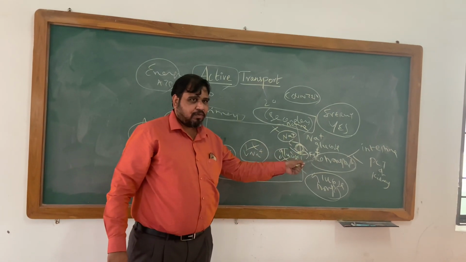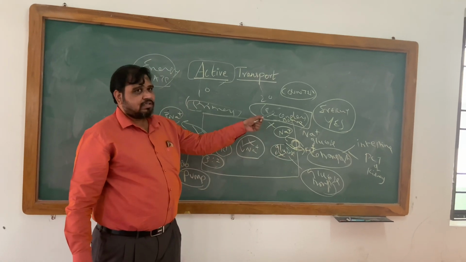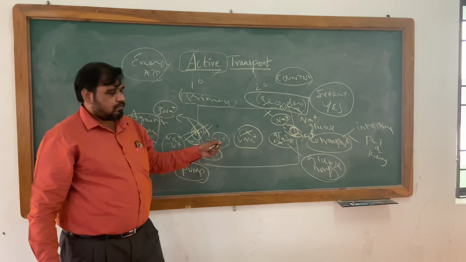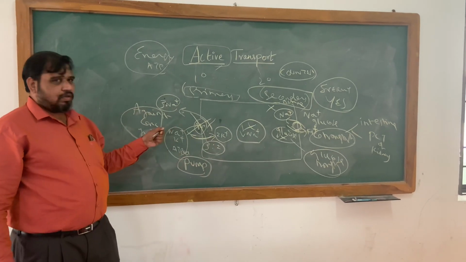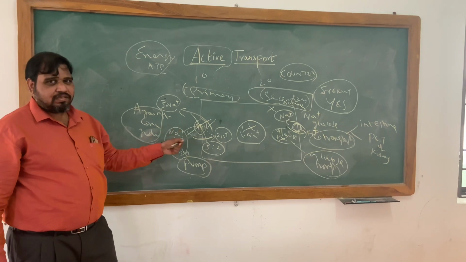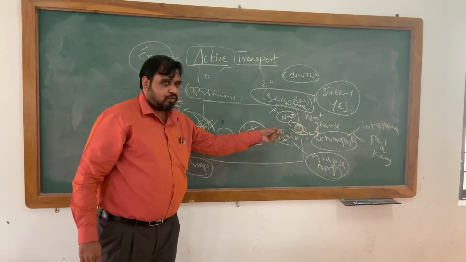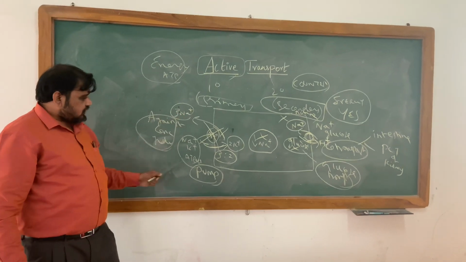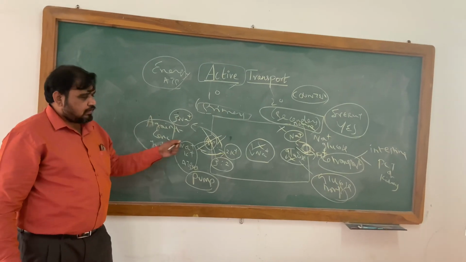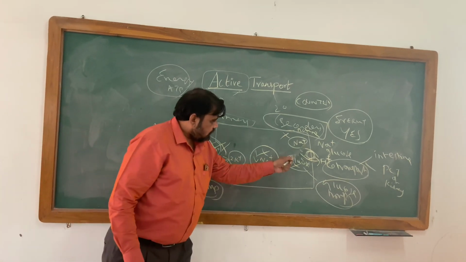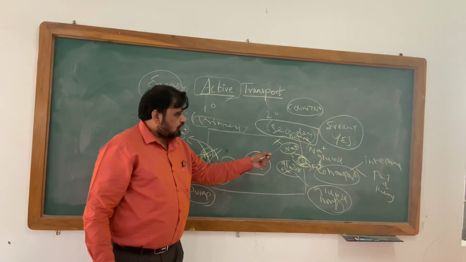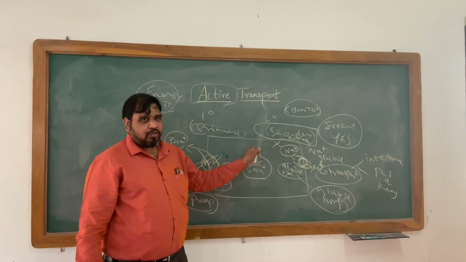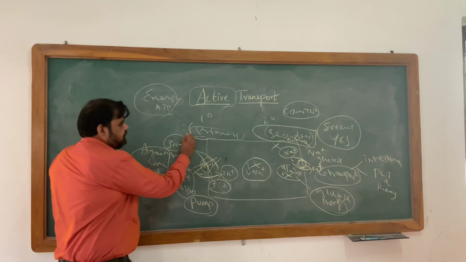Again, this is an example of secondary active transport. Why is sodium coming in? Because there is decreased sodium. Why is there decreased sodium? Because sodium is going out. Why is sodium going out? Because of the sodium potassium ATPase. So the ATP is not directly utilized, but ATP is utilized through the sodium potassium ATPase. This sodium potassium ATPase pump is primary active transport. The sodium glucose co-transporter or sodium H plus counter transporter is an example of secondary active transport. I want you to understand this concept, the difference between primary and secondary active transport.